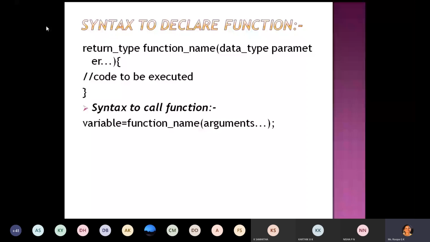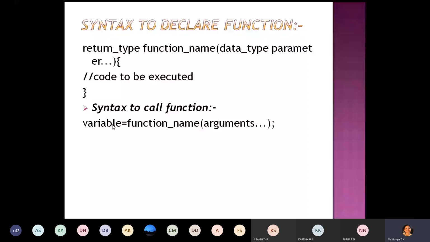Okay, we have two parts, function declaration and function definition. Declare the function immediately after the header file declaration, then definition is needed after the main function, or before the main function also you can use. Then what is the syntax to call the function? In main function, we need to call either like this, where the function's return value can be stored in this variable, or directly also, without storing the value in a variable, you can call the function.